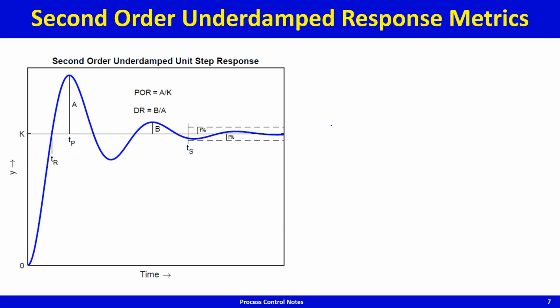Now if you look at the second order underdamped unit step response, it has some characteristics, and these characteristics are used a lot in the design of controllers, because as you change the gain, at a very low gain you have a highly overdamped system, so chi is much greater than 1. As you start cranking up the gain, the proportional gain in a PID controller, chi starts to reduce. Keep cranking up the gain, chi reduces further, it reaches 1, and then it goes below 1. In fact, if you keep cranking up the gain, you may even have chi reach 0, in which case,